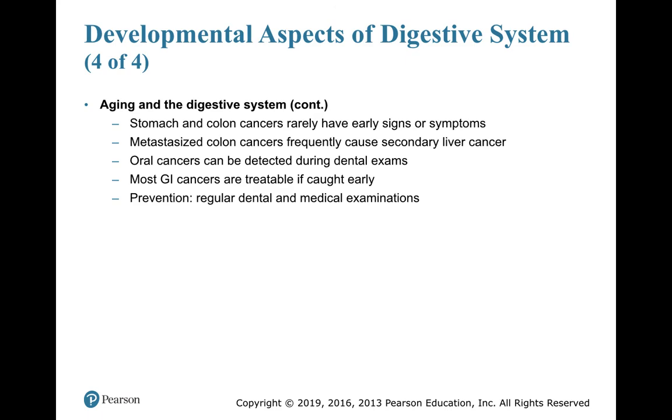Stomach and colon cancers rarely have early signs and symptoms. What I was going to say is small intestine cancers are rare, even though those cells are rapidly dividing. Metastasized colon cancers frequently cause secondary cancers, and they often go to the liver because a lot of the circulation from the digestive